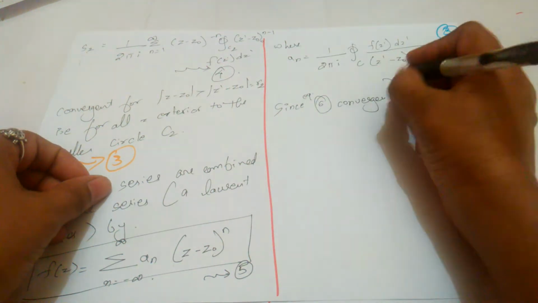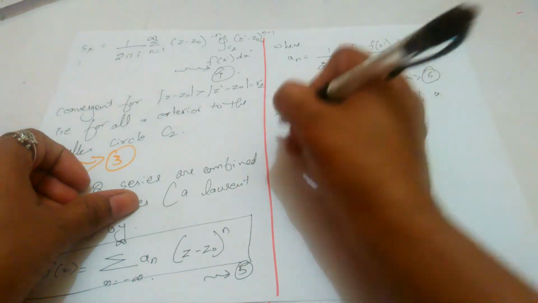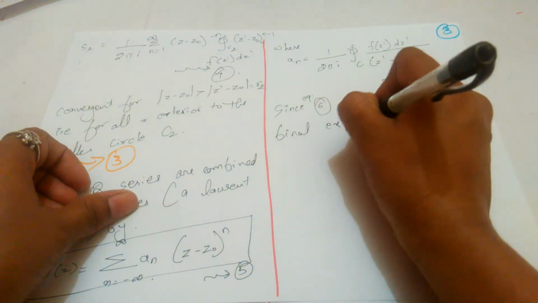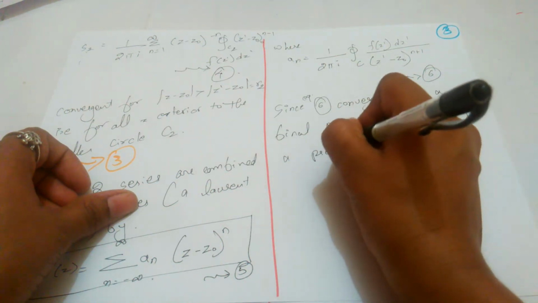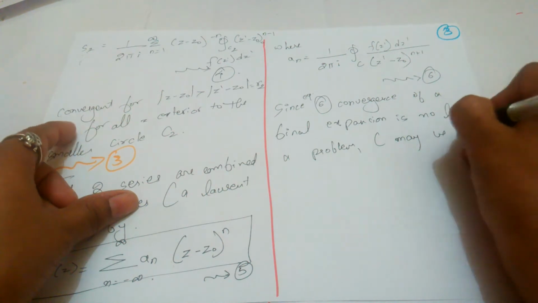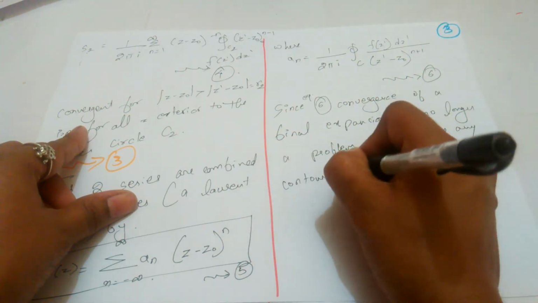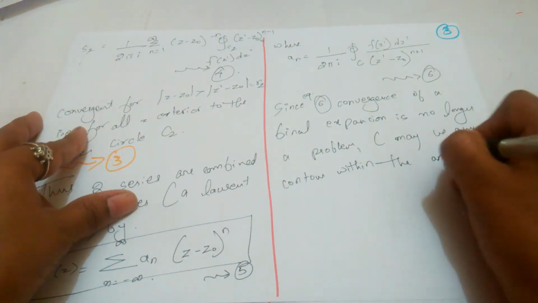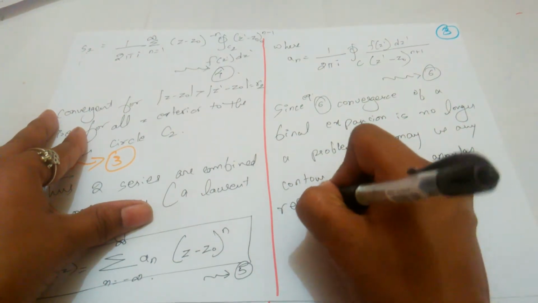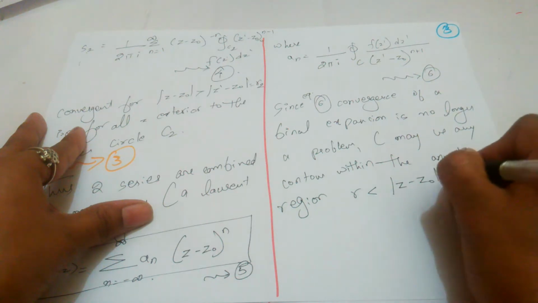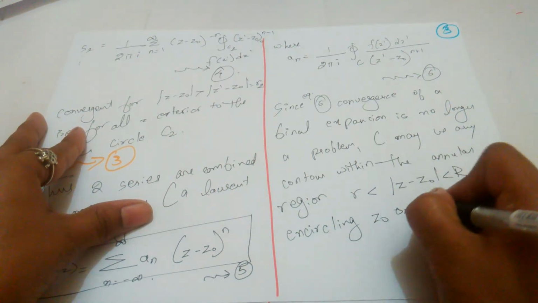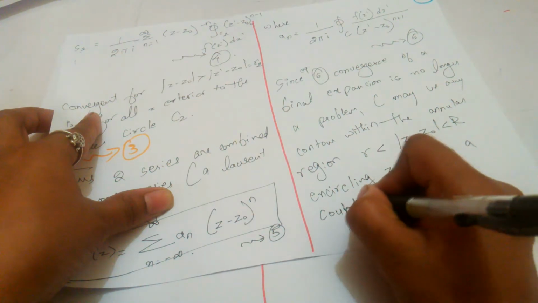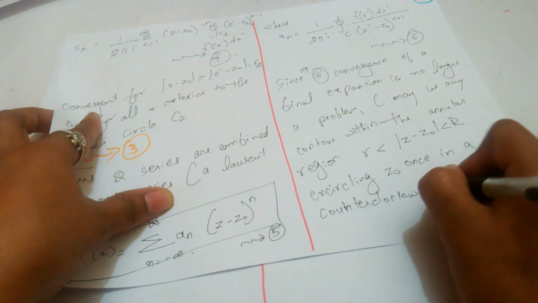Since equation 6 converges, the convergence of a binomial expansion is no longer a problem. C may be any contour within the annular region, that is r less than modulus z minus z naught less than R, encircling z naught once in the counterclockwise sense,